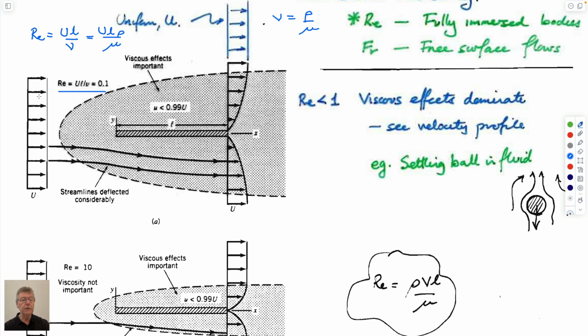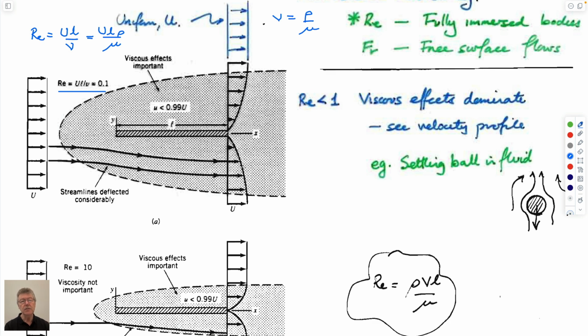And so if you look at the far field velocity, different from pipe flow, right? In pipe flow, we're interested in the effect of the pipe on the velocity. In this, we're interested in the velocity on the forces on the object. It's kind of backwards. So if you get to the far field, the velocities don't change very much. But close to the plate, it's controlled by the zero velocity at the wall that we get